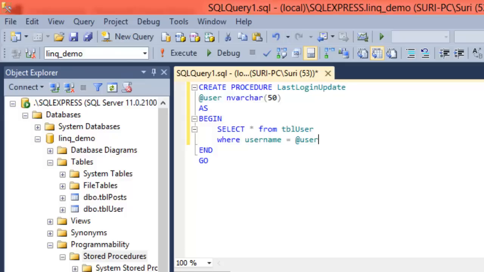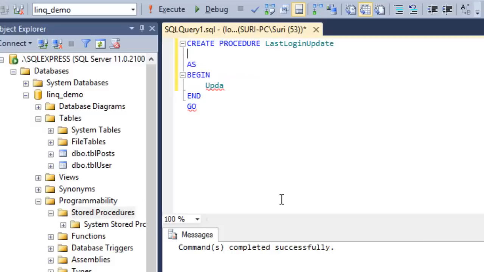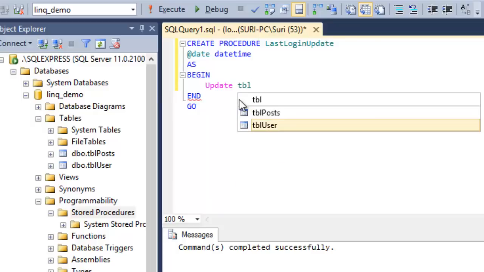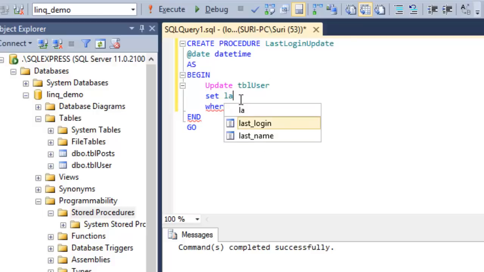So here I'm going to say, sorry, what kind of value are we sending here? Is it date time, right? So I'm going to say date is equal to date time. Okay, update tbl user where, before I set last login equals to,